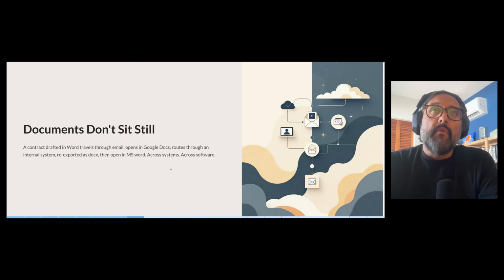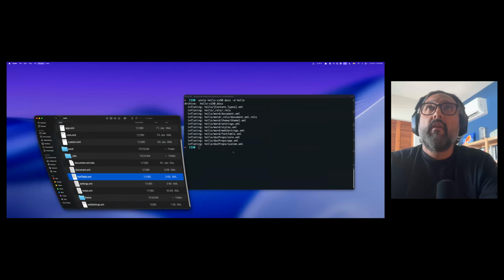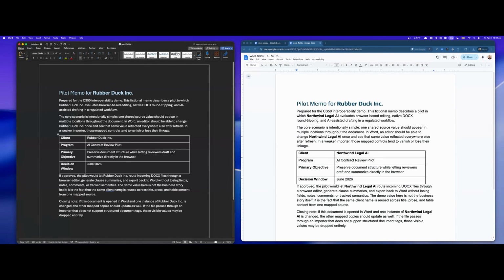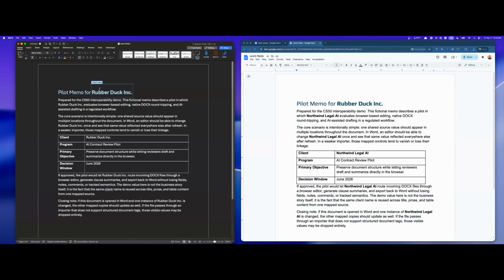Let me show you a quick example with just Google Docs and Word. So in Word, we have this thing called fields. And you can see that when I click up here, rubber duck, it shows this little box around it that indicates it's a field. Every time I click on rubber duck, you can see the field, hopefully, like here, right? And if I change this to say, I don't know, Nick Renault Enterprises, you're going to see it change everywhere in the document, right? So you can imagine this is important functionality.